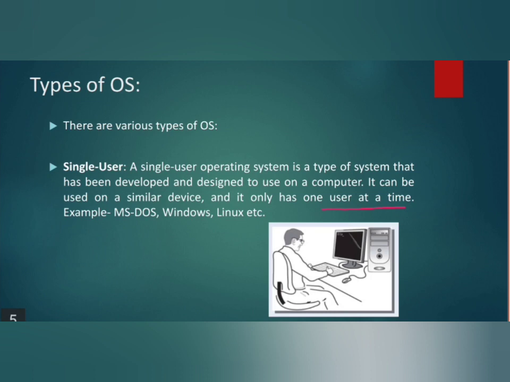A single user operating system is a kind of operating system that has been developed and designed for a normal computer like the one you use, a desktop or laptop. That is a normal computer which one user can use at one time. So these are basically used on similar kinds of devices which have one user at a time. Examples you can see are MS-DOS, Windows, Linux. We use Windows, we use Linux. Now for Windows and Linux, obviously multi-user can be provided, but single user can also be done. You can just imagine a normal desktop or a normal laptop, that is single user.